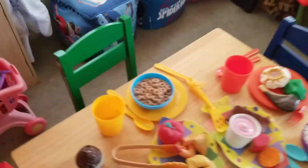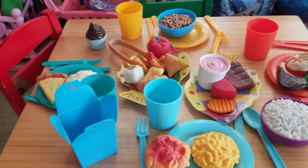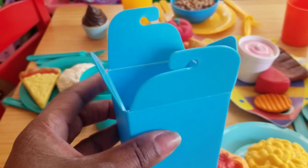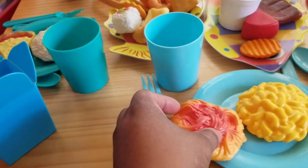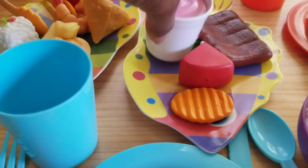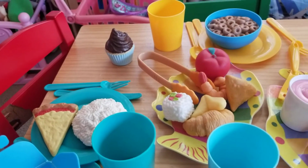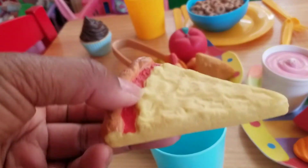So I'm going to come over here to our table. The children love to set the table. Let's see if I can get down a little bit here. And we have the carton where the food comes in, like a lot of your Chinese food comes in here. Here's the food represented: spaghetti, macaroni and cheese, rice, even yogurt, ribs, cheese. And what I'm doing with these is teaching them about the different types of food. So there is even a slice of pizza here,